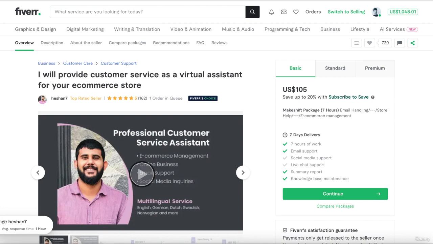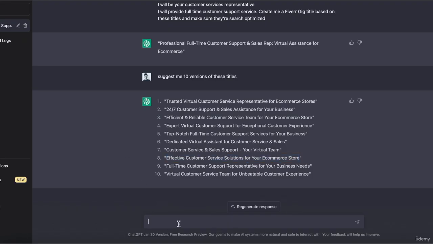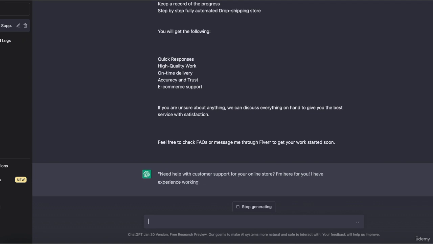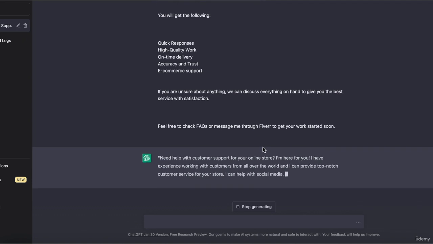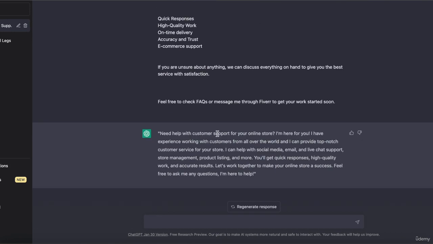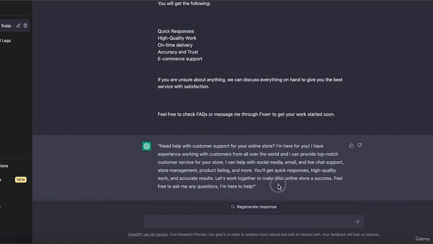So basically, what I can do is rewrite this in a very simple way, something like that. It's going to rewrite it for you in just a few moments. See how this freelancer starts: are you looking for someone to work on your online store as a customer support agent? Here is how it looks. But ChatGPT says, need help with customer support for your online store, I'm here for you. Actually, it has reduced this